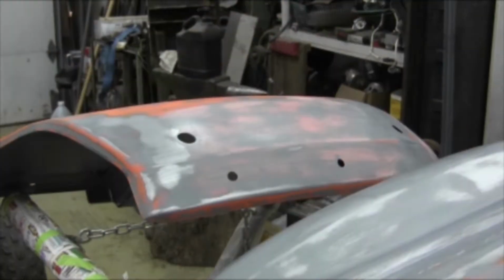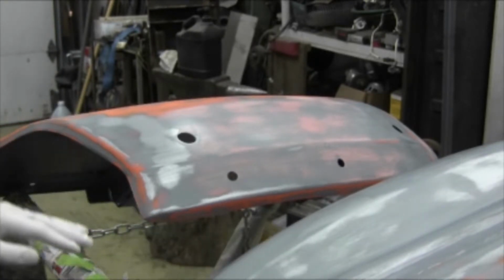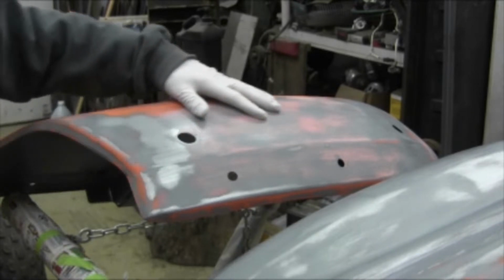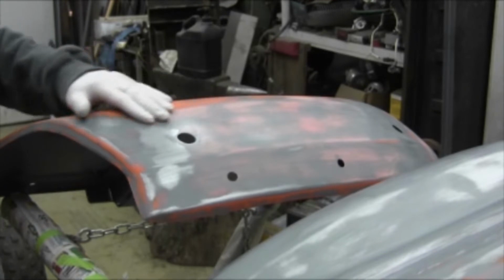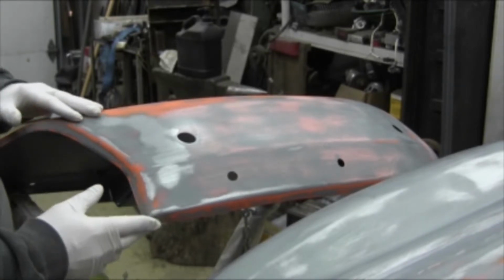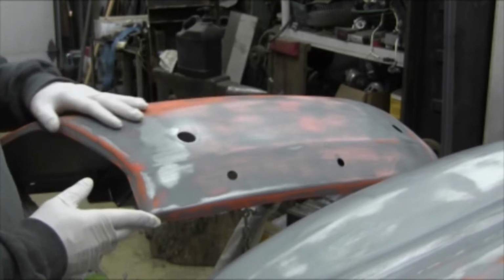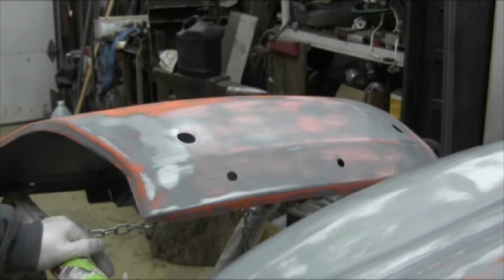I've got these fenders ready for a coat of primer. As you can see, I've already got some primer on there. I ended up doing some body work here, and I filled some of those dents that I showed you when I first took these off the tractor. I wasn't going to bother, but when I started sanding these down, prepping for paint, I noticed that there were quite a few more dents than what I originally thought there was. So